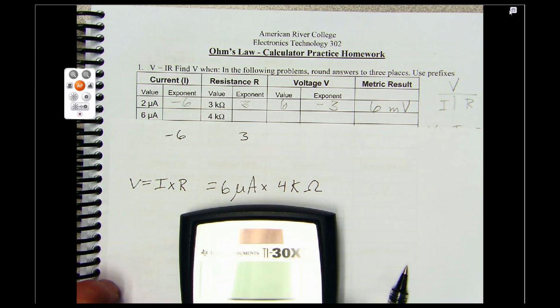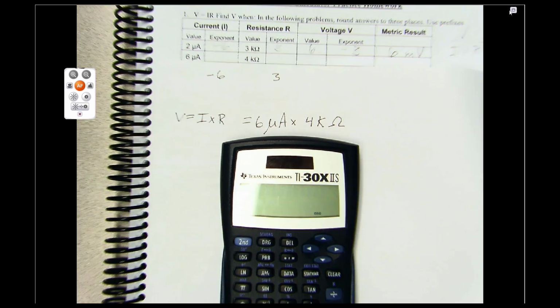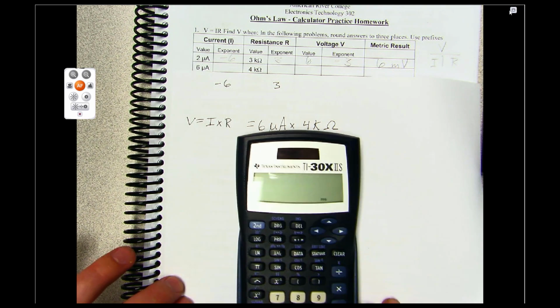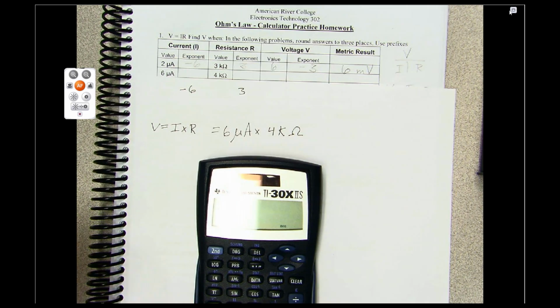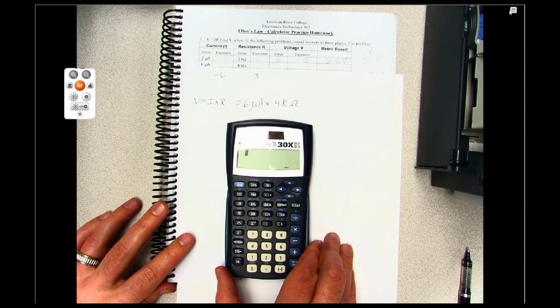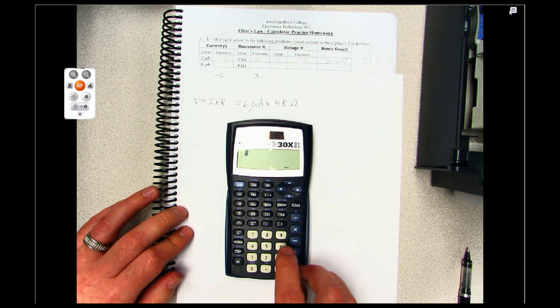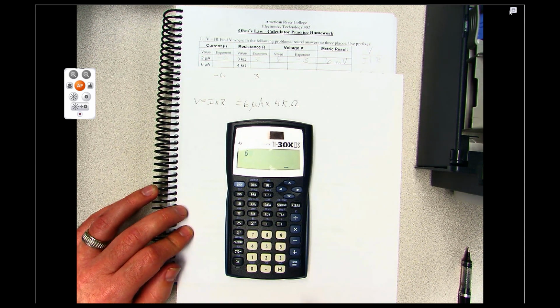When we put this into our calculator, let's see how we actually do this. Can you guys see the calculator? Yeah. All right. So I'm going to put in 6 microamps. So I put in 6, and then